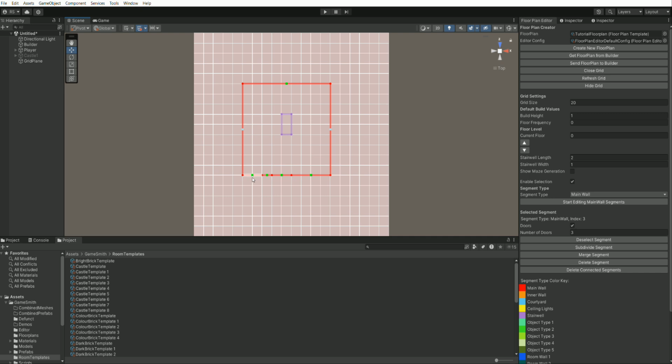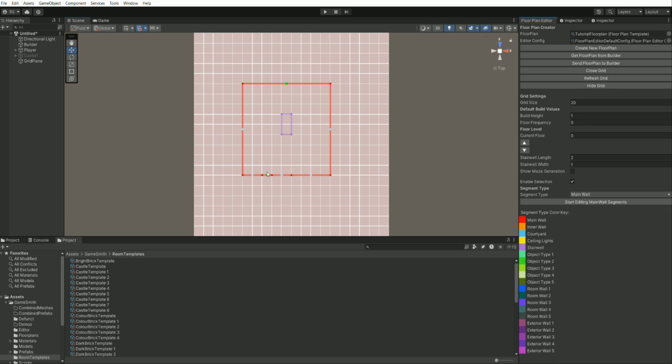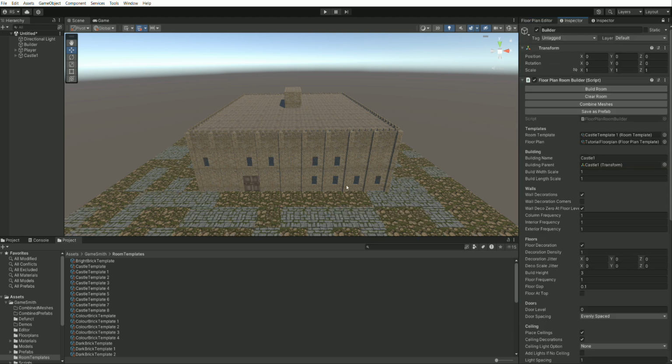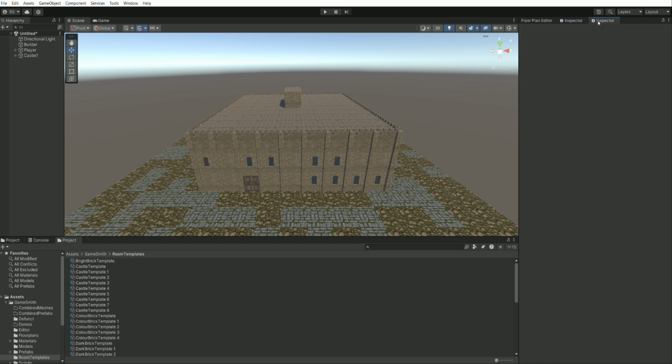and then we could set this one here, that one there, to be 1, and we could set it to be 0 on the rest. Initially, when you subdivide, it copies the number of doors. You see, when the number of doors is greater than 0, it sets it to be green, otherwise it's the default grey. So now we should only see a door here, and it will always be there. You'll see here. And in similar fashion, at the moment we have the windows appearing randomly, and that is because,